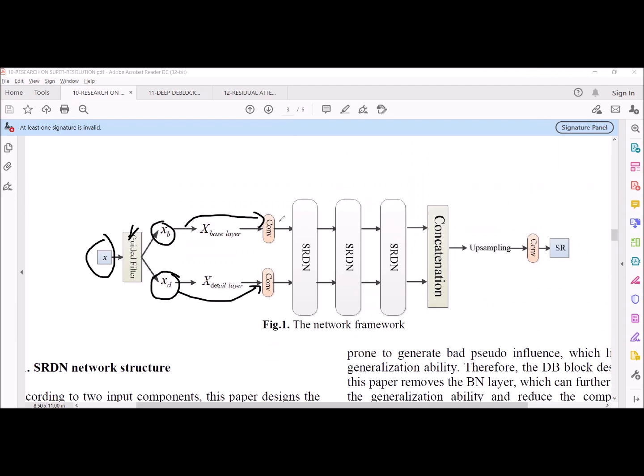Now we are giving the output of these 2 convolution layers to the 3 SRDN networks. In each SRDN network, we have 2 channels, channel 1 and channel 2. As we mentioned already, these 2 channels are similar, and they are connected by the skip connections. Now the features extracted from channel 1 and channel 2 at the output of the third SRDN